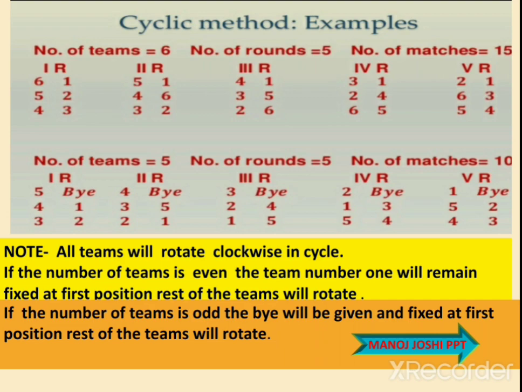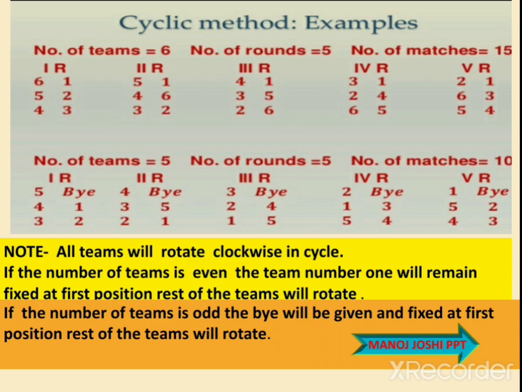Then we can see the clockwise rotation is there. So 6 is replacing the 5. So 5 was there, so 6 went instead of... No, 6 is coming in place of 2. 2 is shifted forward. Clockwise rotation it is. So 6 is coming in place of 2. So now the numbers will be 1, 6, 2, 3, 4, 5. The rest of the numbers will be the same. One place clockwise rotation. Only one place clockwise rotation.